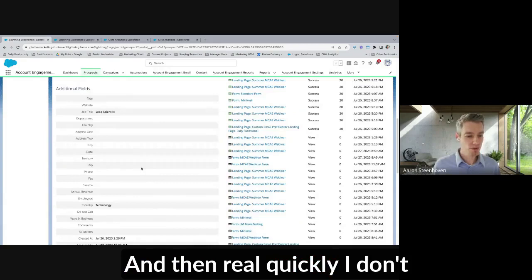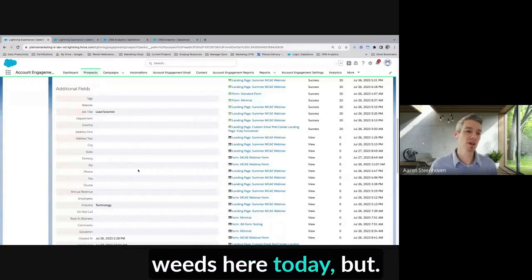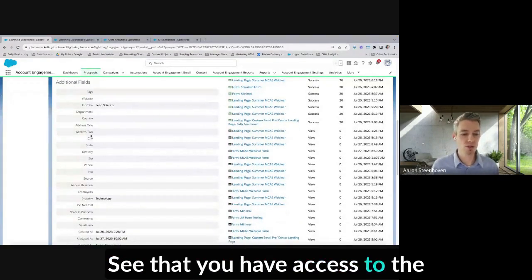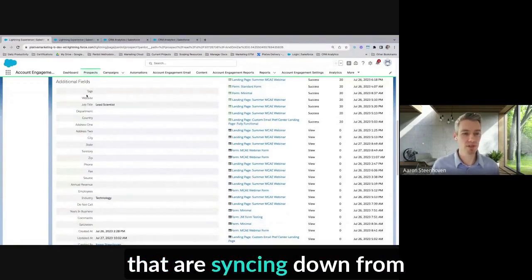And then real quickly, I don't want to get too lost in the weeds here today, but you'll see that you have access to the default out of the box fields that are syncing down from Salesforce